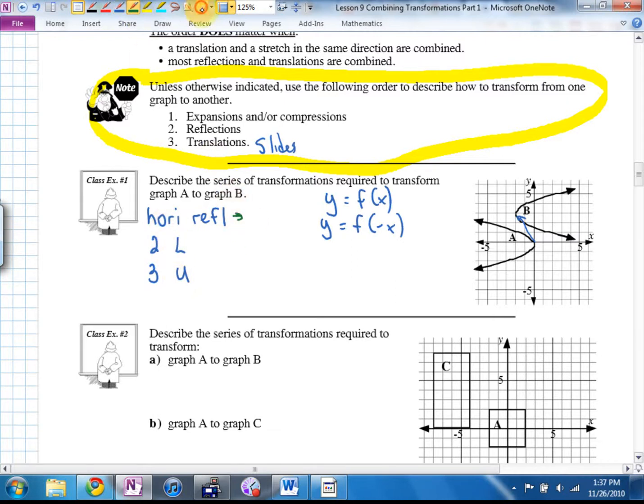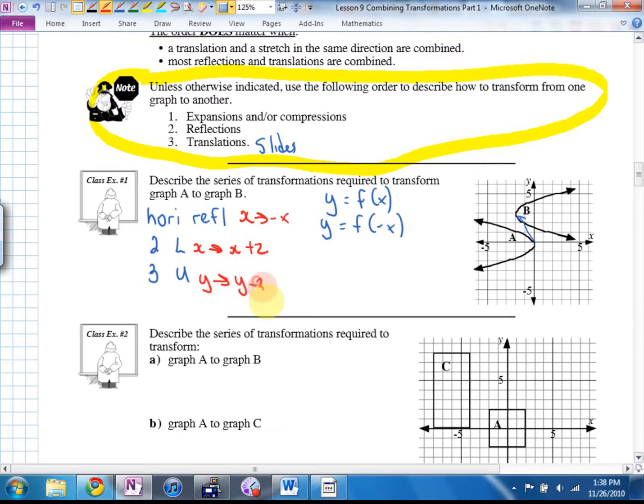For this here, this would be replacing X with negative X. What about for this here? It's left, right, so it's horizontal. Replacing X with what? X plus 2. What about this? Replacing Y with Y